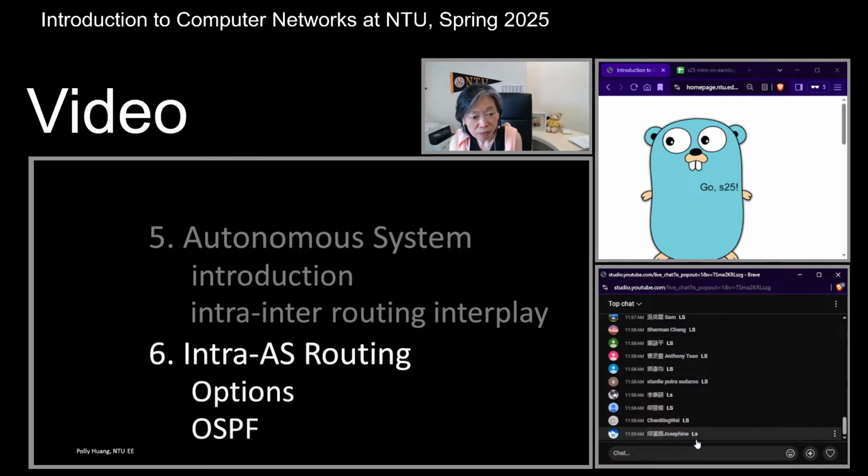So one of the very important extensions of link state routing in OSPF is that the exchange of these link state reports is all secure. So it's a very important option. The second is that